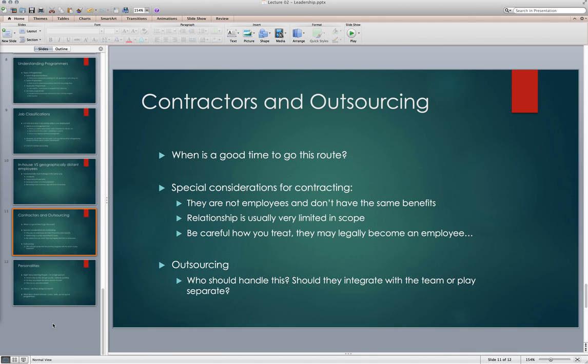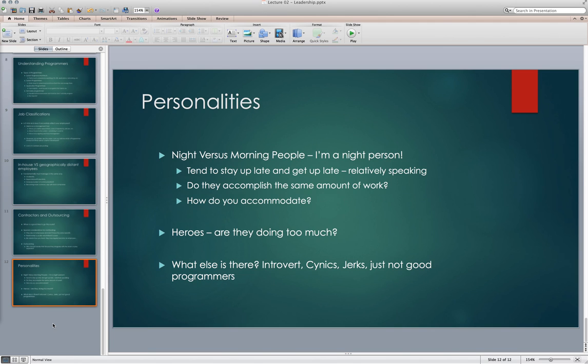So the last one we'll talk about, just personalities real quick, and I only talk about this just because I see it a lot. I'm a night person. For some reason, when 10 o'clock rolls around at night, I seem to catch a second or third or fourth wind. I get this ability to go until 2 or 3 o'clock in the morning more times than I should. And if anybody's a Seinfeld fan, it's like morning Josh and night Josh. Night Josh loves it, but morning Josh hates it.